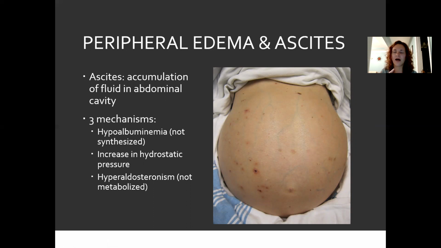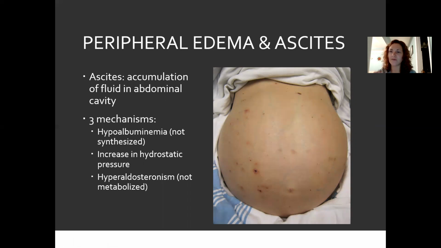First of all, the lack of albumin. The liver isn't working, so it's not producing albumin. We've talked about how albumin keeps volume in the vascular space. So if we do not have enough albumin, then there's nothing keeping